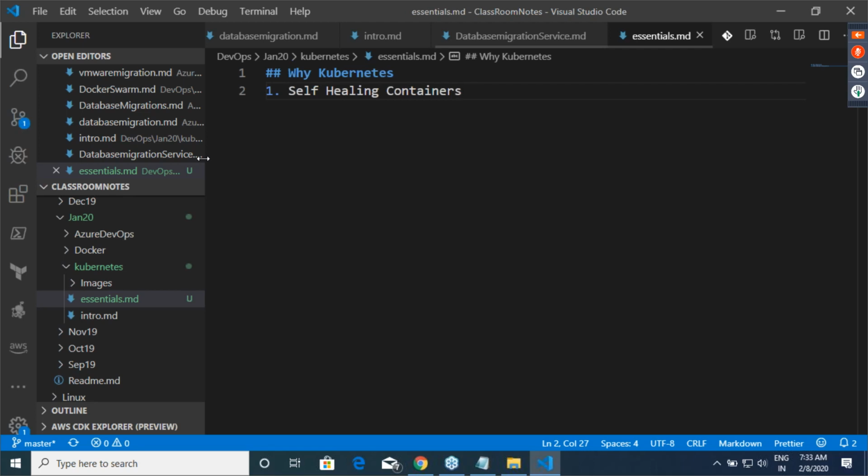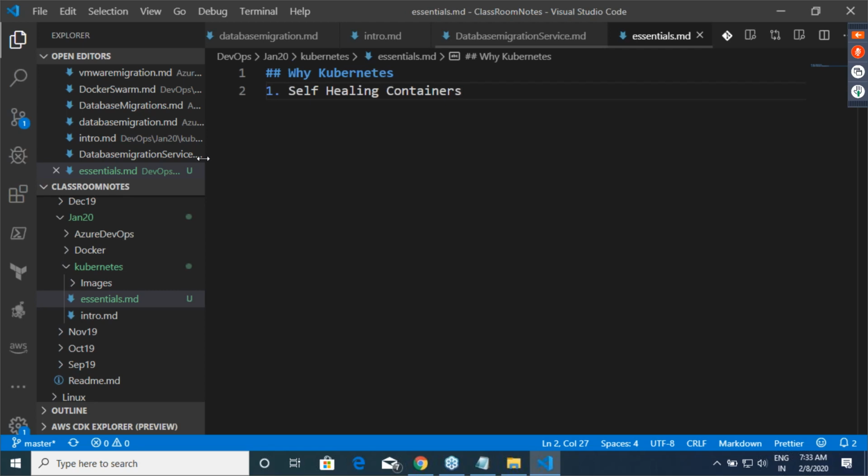self-healing containers. What do I mean by that? I think we have seen this as an example in Docker Swarm also. If something goes wrong, Kubernetes will not fail. It will try to recreate whatever has failed. So our containers are basically self-healed. Why? Because Kubernetes has a very specific way of saying that whatever you have asked for is a desired state.